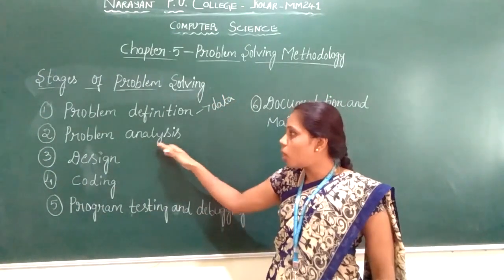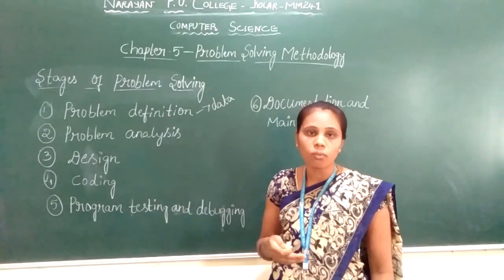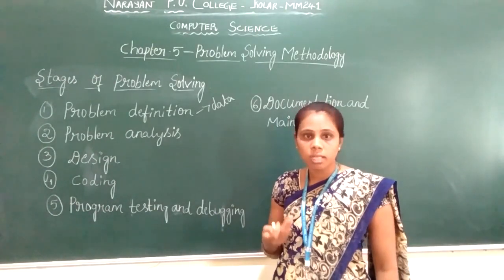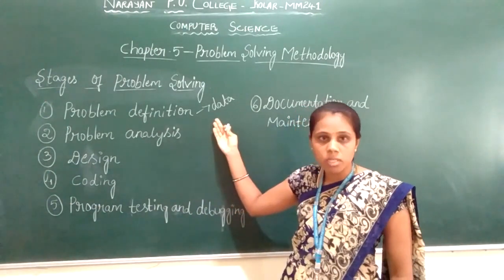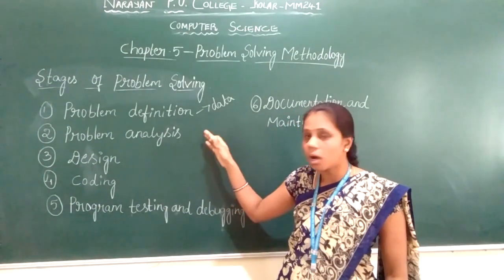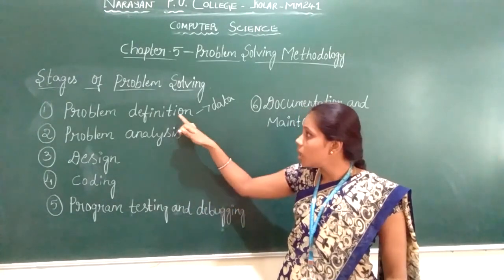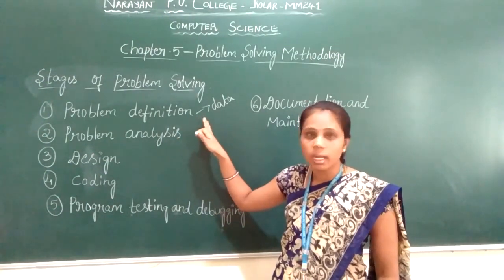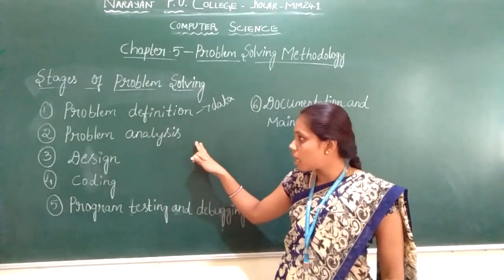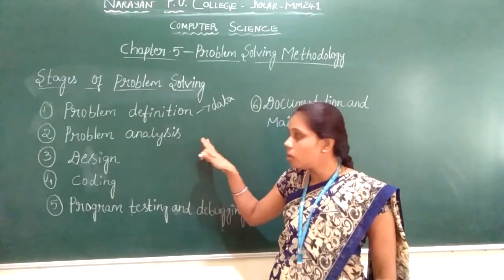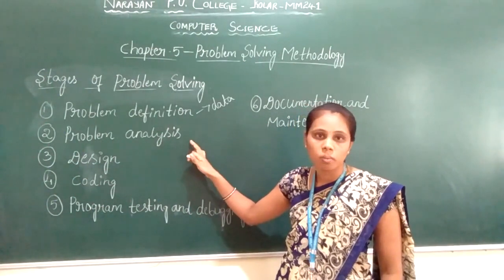In the next step, problem analysis, we see how that problem can be solved, in which manner or which technology or technique we can solve the given problem. We analyze the problem according to the given requirements or the given data. Here, the data we require will be collected in the problem definition stage. In the second stage, problem analysis, we will understand the problem requirements and try to solve the problem using different techniques. In what way we can solve the given problem, we will analyze in this problem analysis.